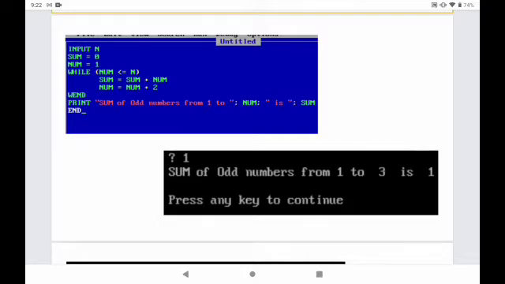N is 1 here. So sum of odd numbers from 1 to 3 is 1. That is the result of my program. So I have created the logic for this kind of output.